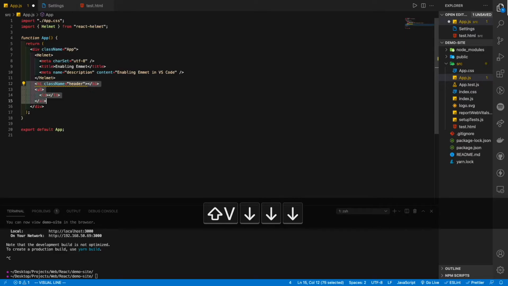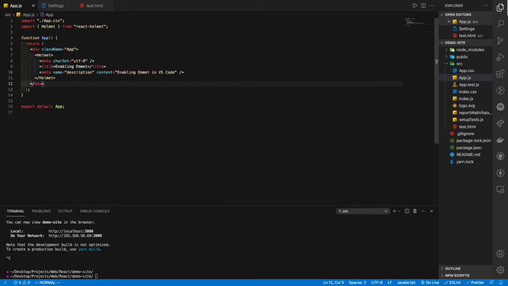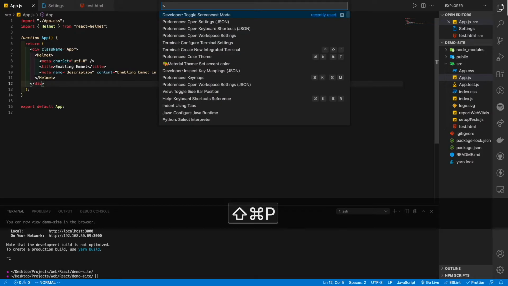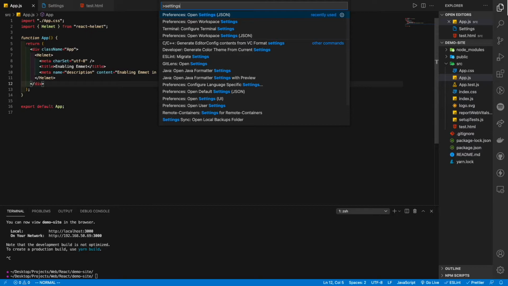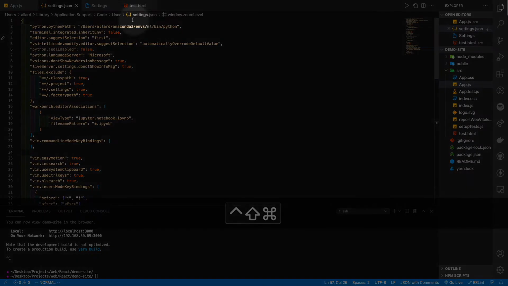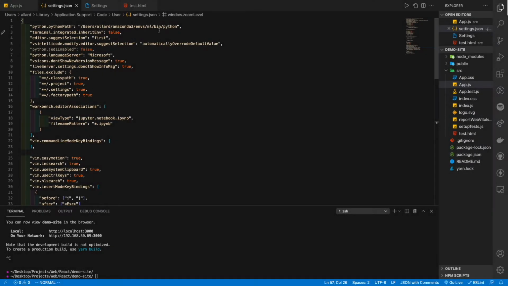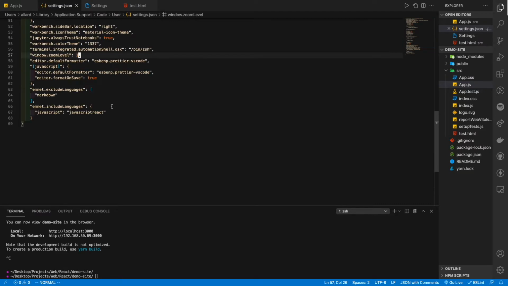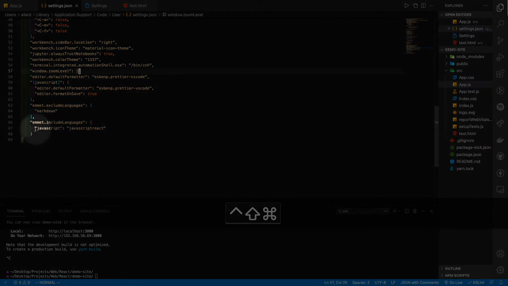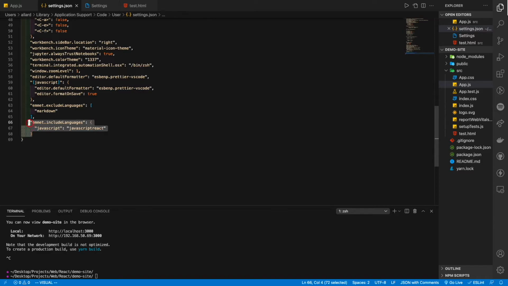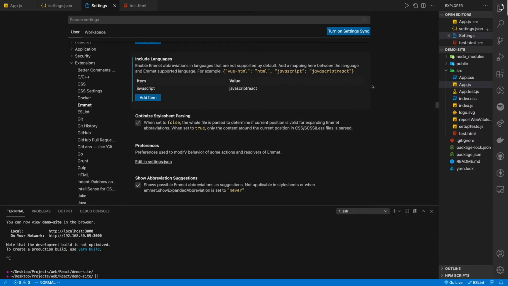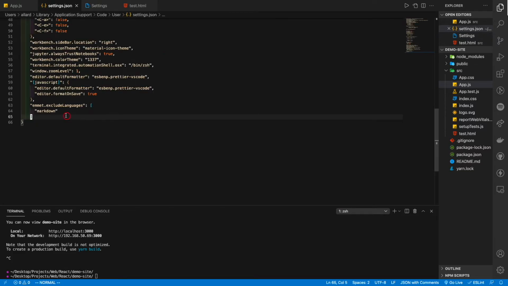The other way you can do this is by editing your VS Code settings.json. You can do a Command-Shift-P and search for your settings. Open your user settings over here, and take note that you should be in the user settings.json. And basically if you scroll down, you see that we have Emmet included languages over here. And so this over here was only added when I went into the settings and added in JavaScript React. So basically if you didn't do this, if you have this deleted, then in your settings.json you won't see any